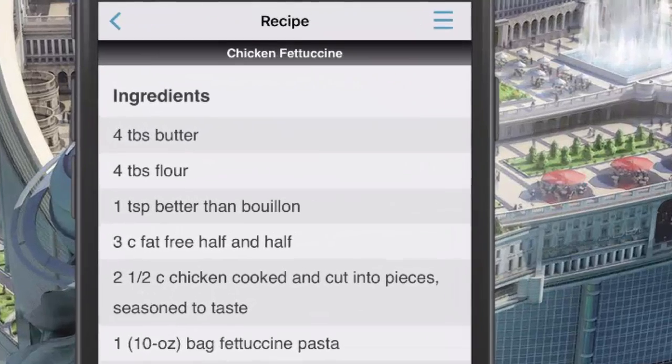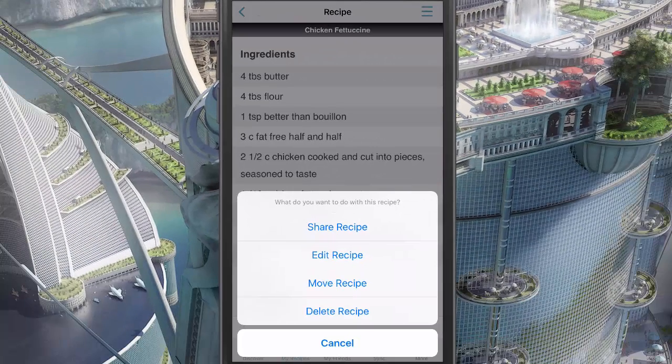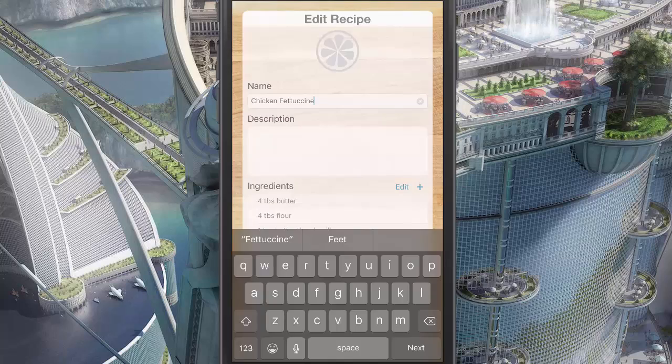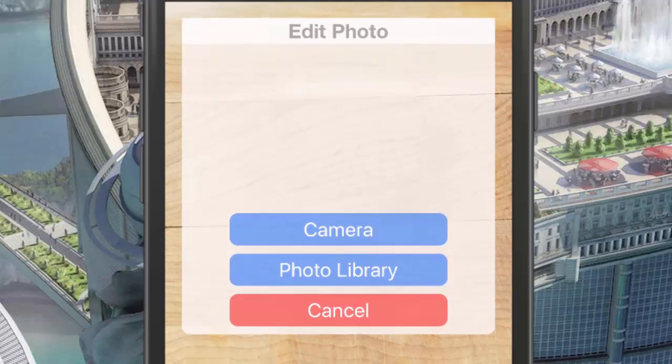I just tap up here in the top right corner for more options, and I choose Edit Recipe. And now you see there's this lemon icon at the top. It's a placeholder, right? And what I do is I tap that, and now I can choose a photo from my photo library if I shot a photo with my camera, or I can right now just choose the camera option,